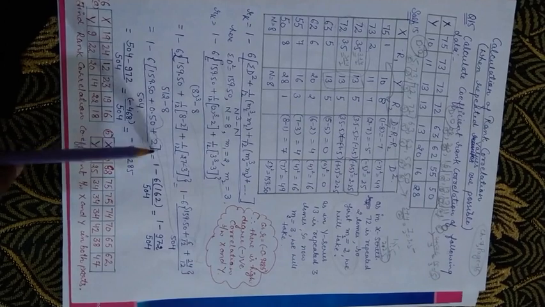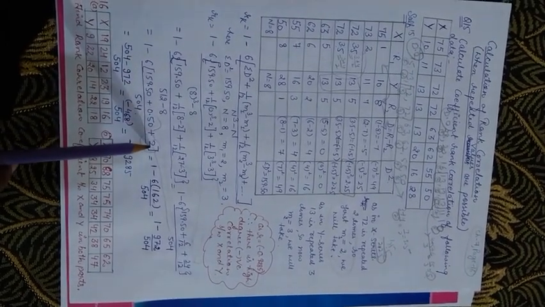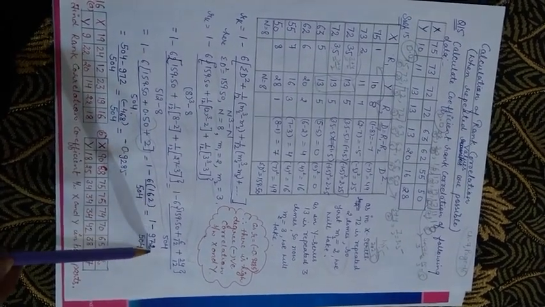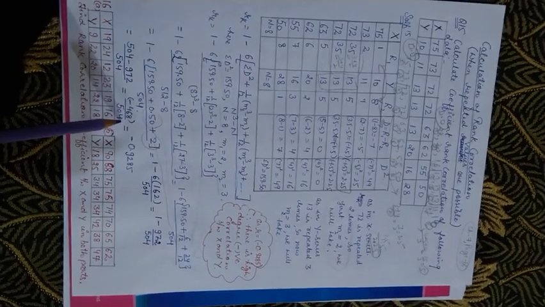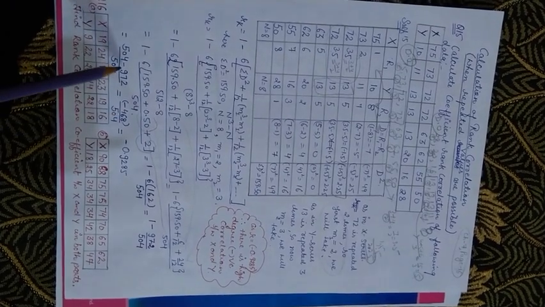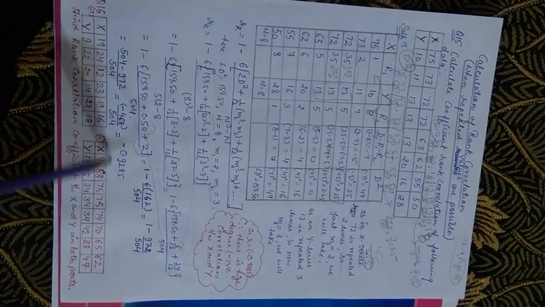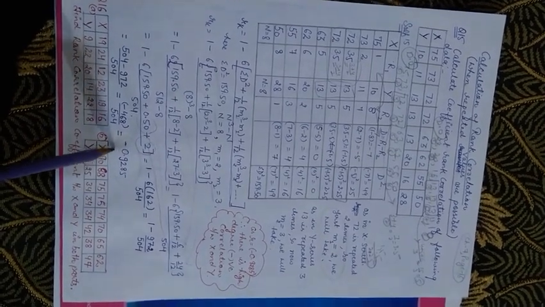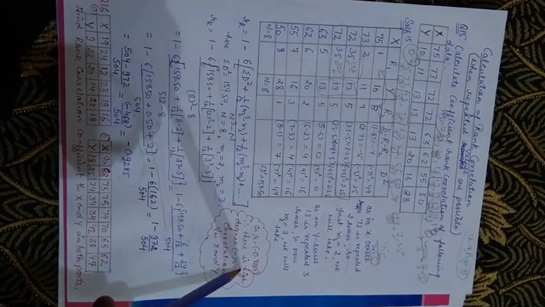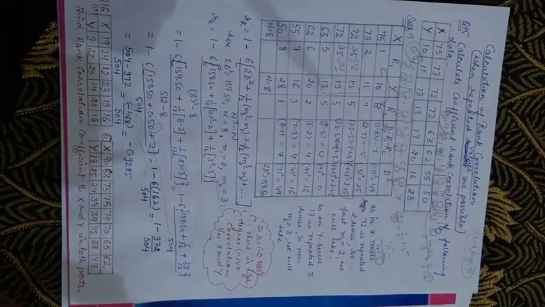First you will add these all. 159.50 plus 0.50 will give you 160. 160 plus 2 will give you 162. Then you will multiply it by 6. You will get 972. Then you will use the LCM method. So finally you will get this value. You will have a negative sign because here the negative value is bigger than the positive value. And finally you will reach this value, which is negative, 0.9285, and the negative value shows that there is a high degree of negative correlation. Hope you have understood both the methods.